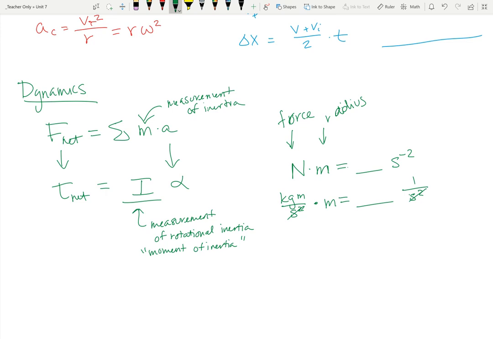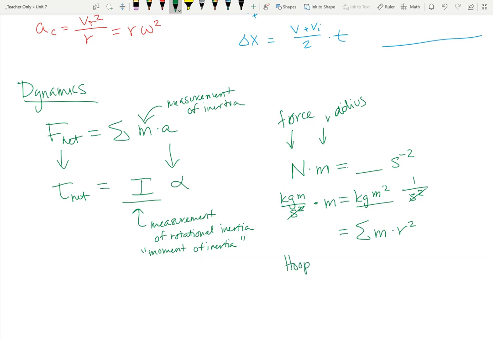So then my units for moment of inertia must be kilograms meters squared. And it turns out that moment of inertia is calculated as the sum of all masses times the radius from the axis of rotation squared. So that's mr squared. Now, this is one of those integral calculus things you'll do in AP C next year for different shapes. But for now, for AP 1, just know that this is going to be different for different shapes. So in a hoop,